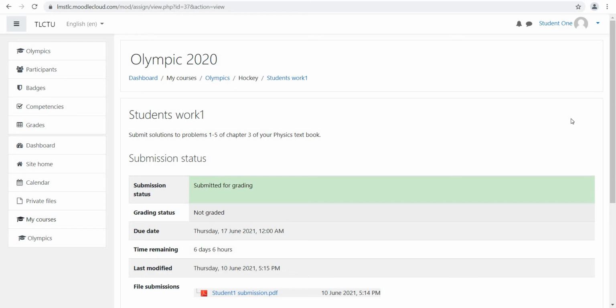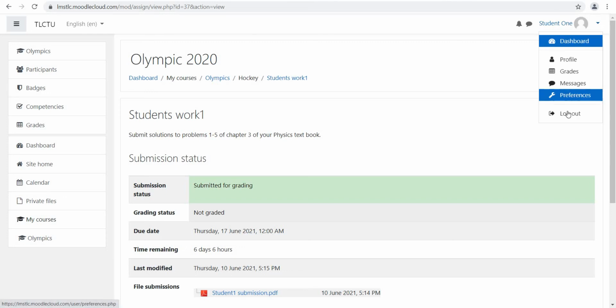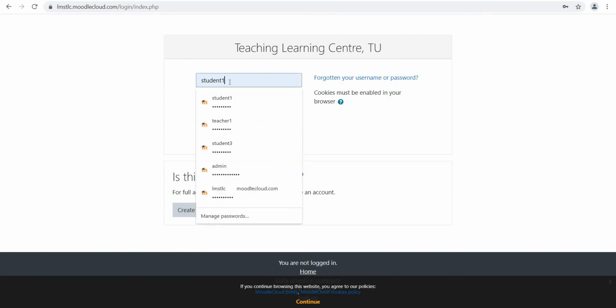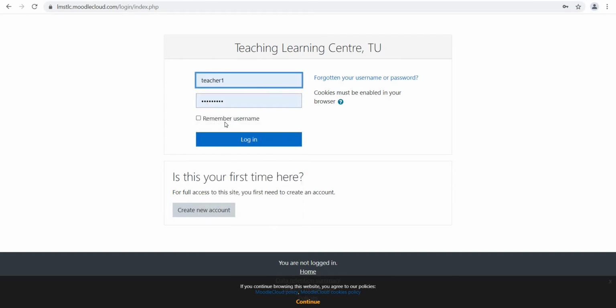Now we will log off from the student's account and re-enter the Moodle website as a teacher again to evaluate this assignment. So we are logging out of the student's account and then using teacher 1's account to log in again as a teacher and try to assess the submission of the student.